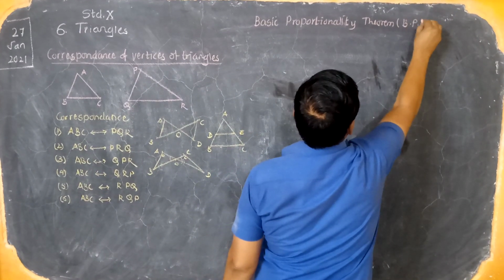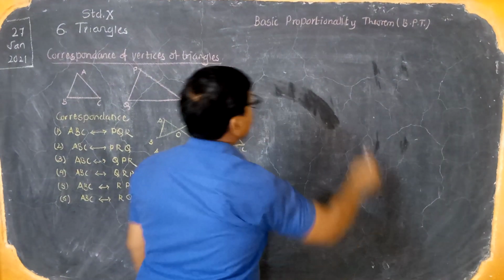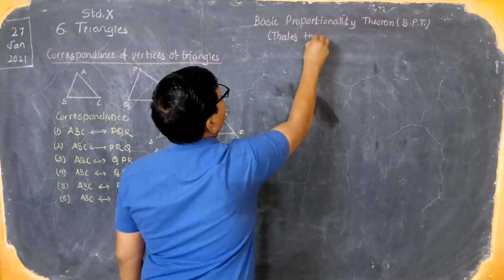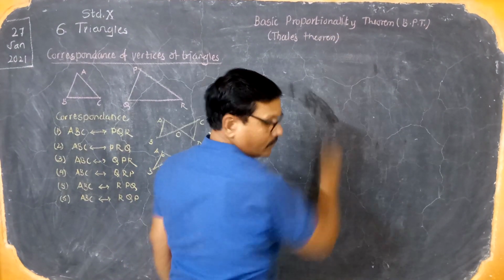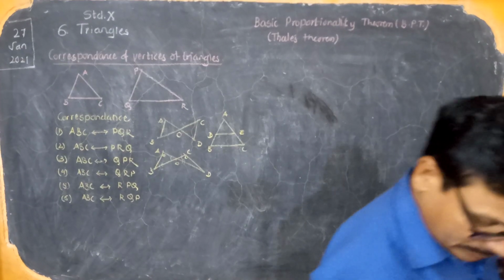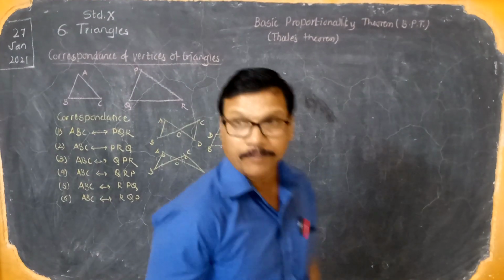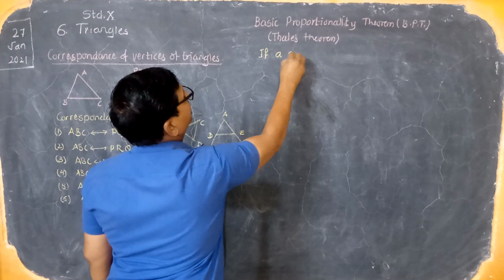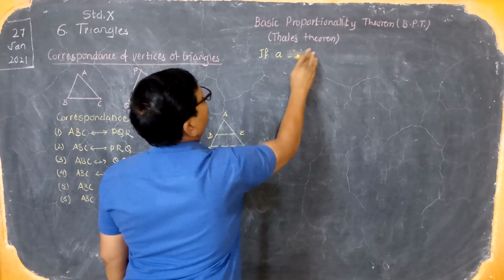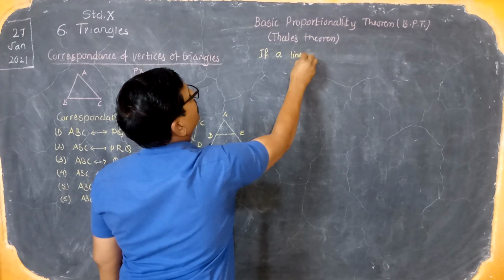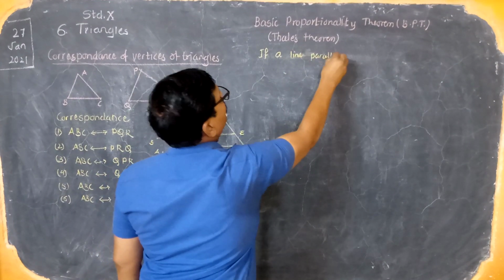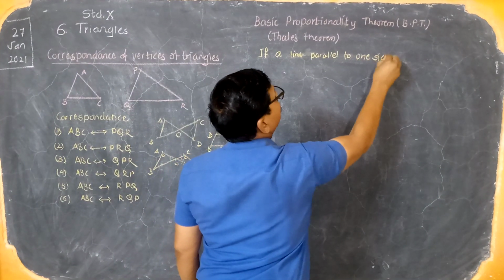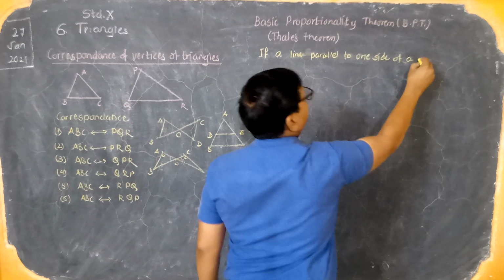We read it in short, repeat this. This is also known as Thales theorem. Now what is the basic proportionality theorem? If a side or line parallel to one side of a triangle